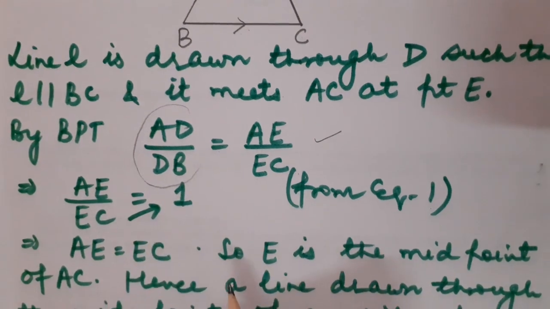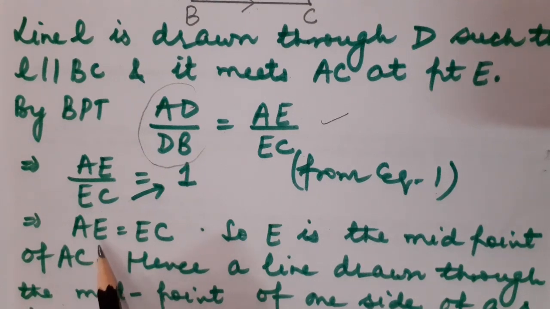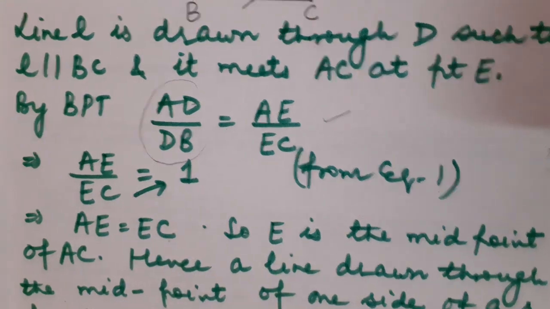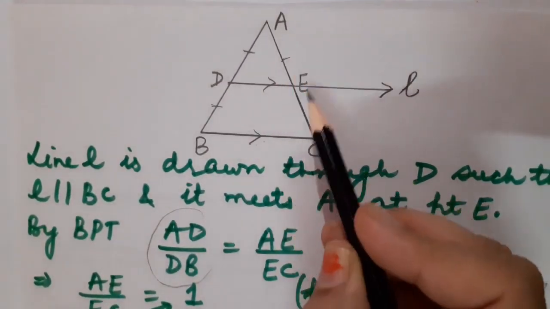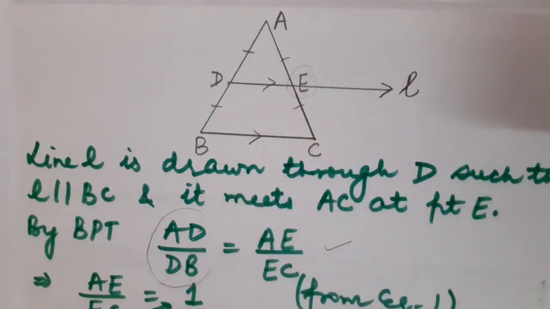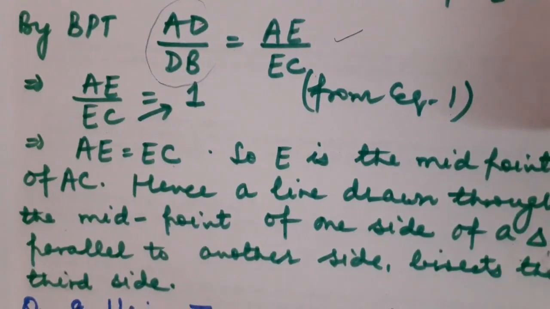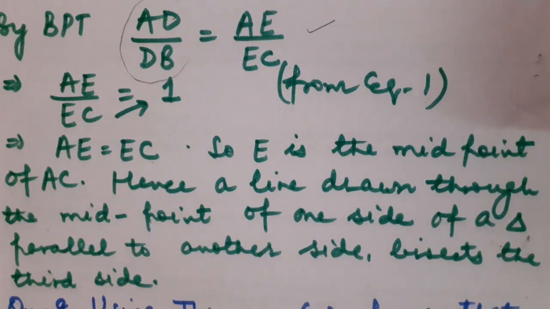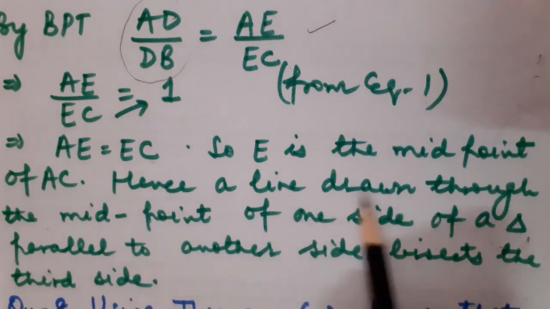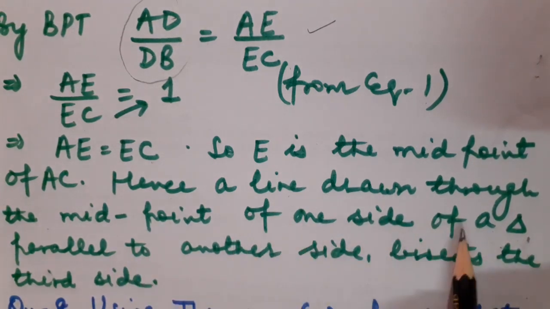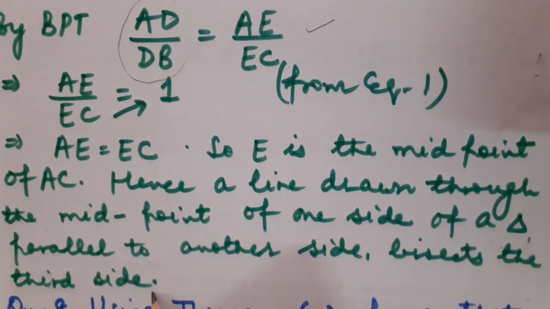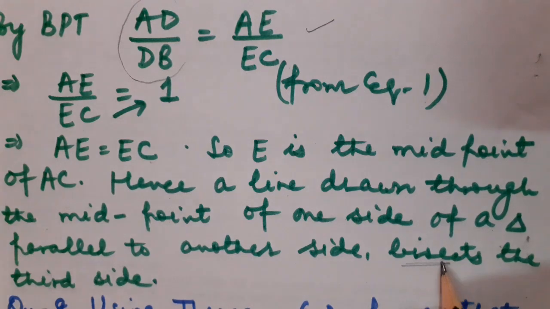Okay, let us cross multiply. While cross multiplying, I have got AE is equal to EC. So children, if in the diagram AE is equal to EC, what can we conclude? That E is the midpoint of side AC. Correct? So this is the same thing we wanted to prove. This is actually the midpoint theorem which you learnt in class 9th. So hence, a line drawn through the midpoint of one side of a triangle parallel to another side bisects the third side. Bisect means it divides the third side into two equal parts.